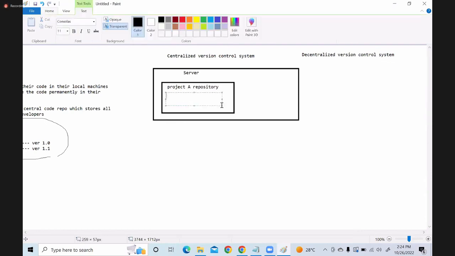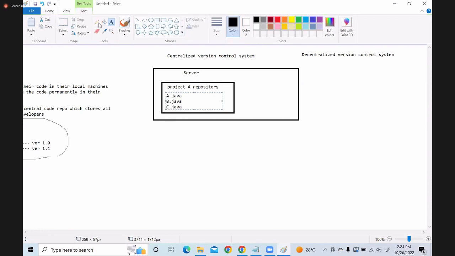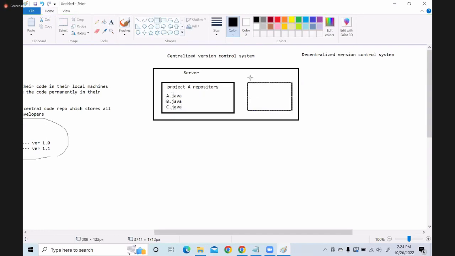We will have, say, A.java, B.java, C.java, like that. Similarly, project B will also be there, where a different team will be working on it, or the same team is working on a different project.